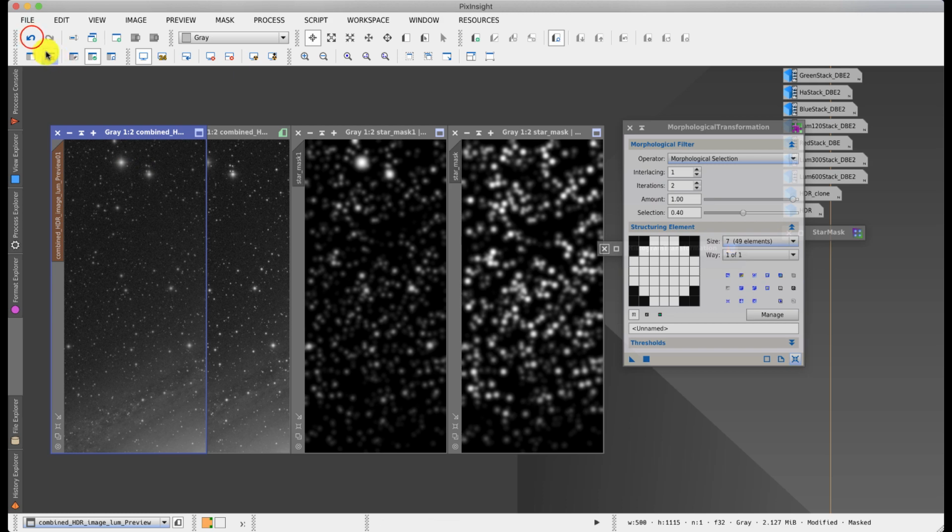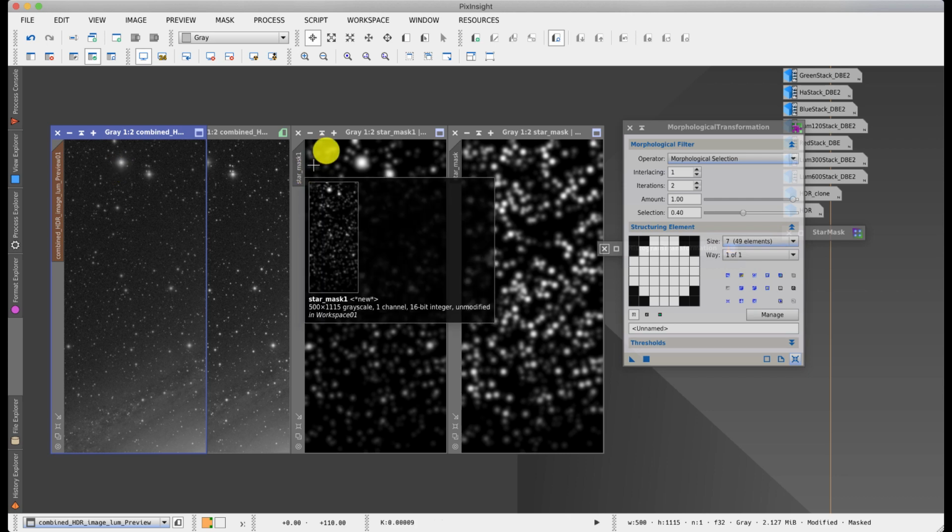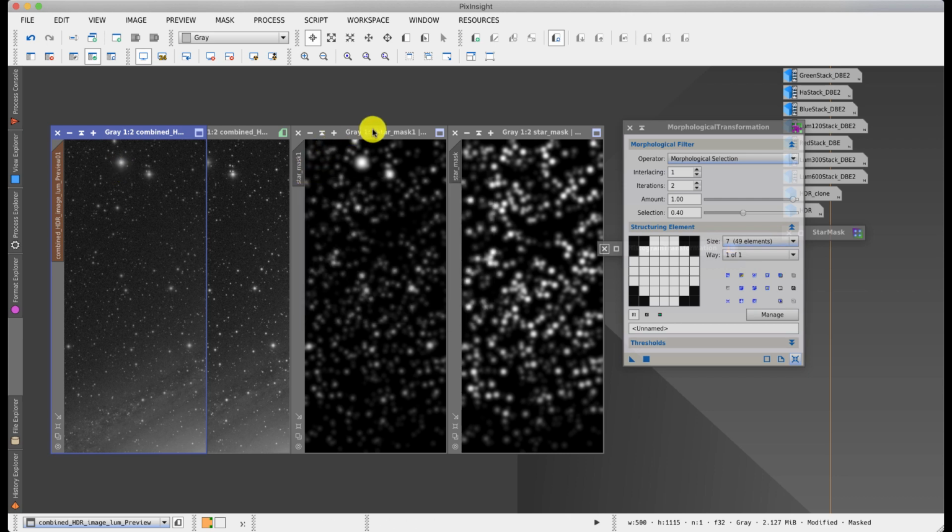So those big stars have shrunk down even more, but in a way that looks more natural. These big ones don't have a weird central core, and that's using this mask here. You can see there's some very large blobs here. If I was to undo that and go up even more, say to 11 elements, and drag that to there,